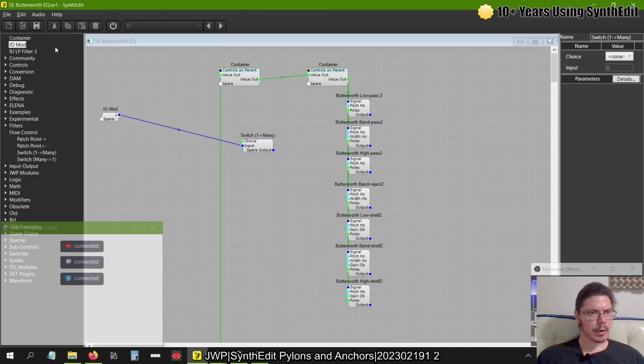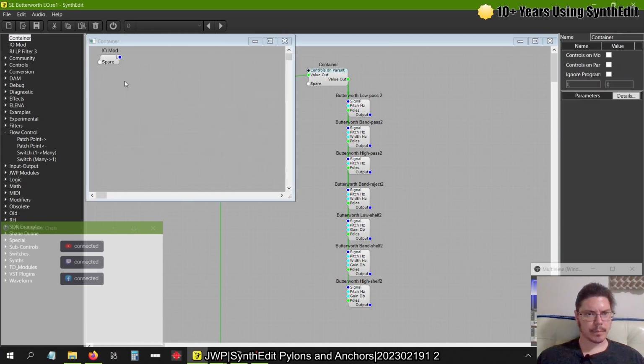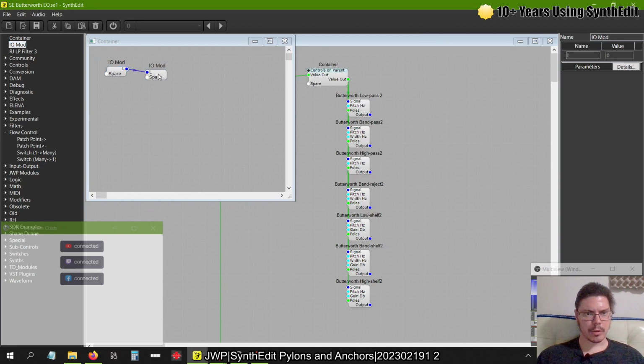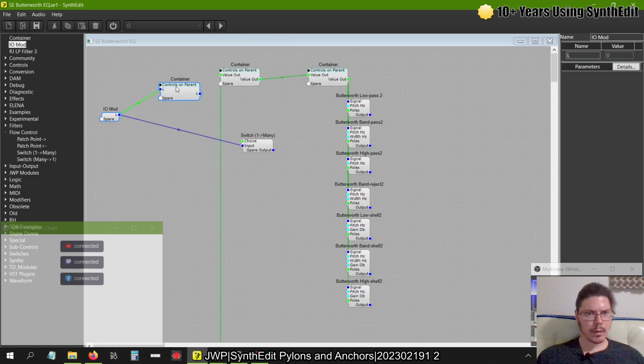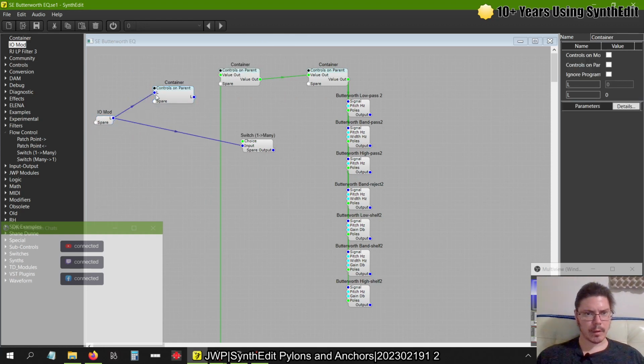So I'm actually going to have to bring in a container, and we're going to connect that L, hop in there, and IO mod. Again, I'm in the new view by holding Shift and double clicking. I'm just going to line it up. And now I have an L, so it's holding on to this. I'm going to delete that, and we'll make a couple of these